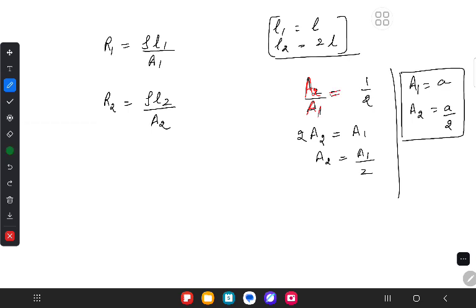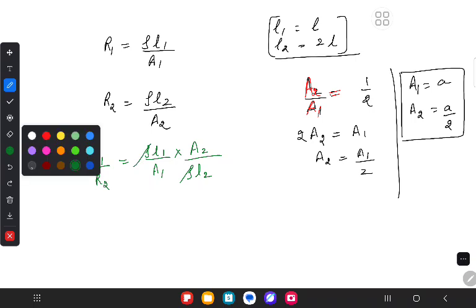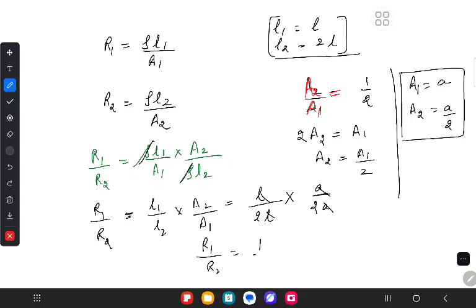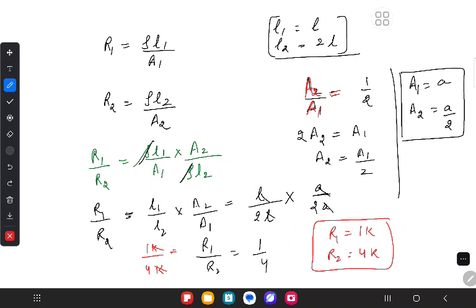आर वी अंडरस्टैंडिंग? तो यहां से आप देखो R1/R2 की बात करोगे तो ये कितना आ जाएगा, रो L1/A1 इंटू A2 बाय रो L2, तो रो से रो कैंसिल हो जाएगा। और यहाँ से L1/L2 इंटू A2/A1 अगर आ गया तो मुझे R1/R2 की वैल्यू मिल जाएगी। तो इसका मतलब L1 कितना है L, तो L2 है 2L, A2 कितना है A/2 और A1 तो A ही है, तो A से A कट गया, L से L कट गया, तो मेरे पास R1/R2 की वैल्यू आ गई 1/4। इसका मतलब ये हो गया कि अगर रेजिस्टेंस 1 मेरा 1K है तो रेजिस्टेंस 2 मेरा 4K है, तभी तो रेशियो 1/4 आएगा भाई। अगर मैं लिखूं 1K डिवाइडेड बाय 4K, सो K कैंसल्स K, सो R1/R2 here is going to be 1/4। आर वी अंडरस्टैंडिंग?